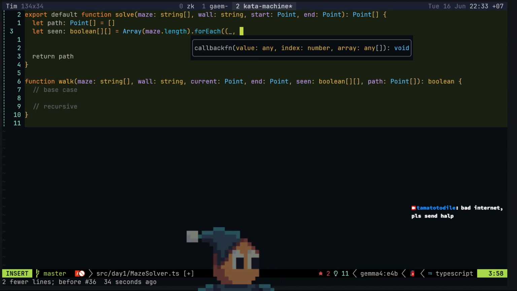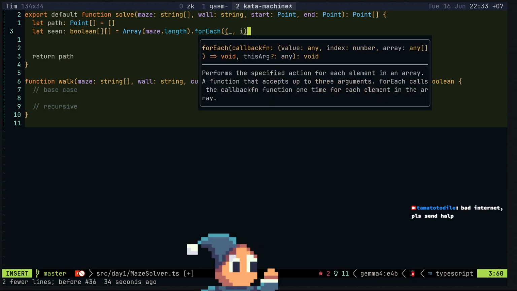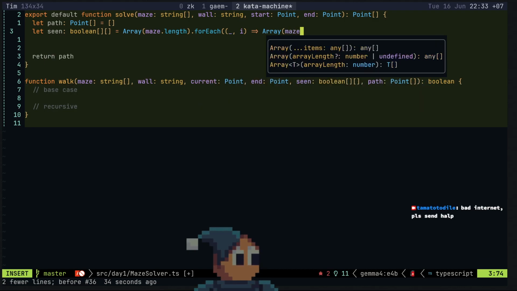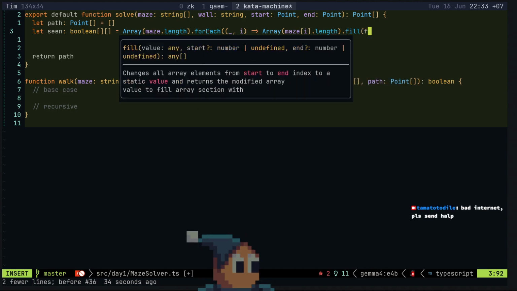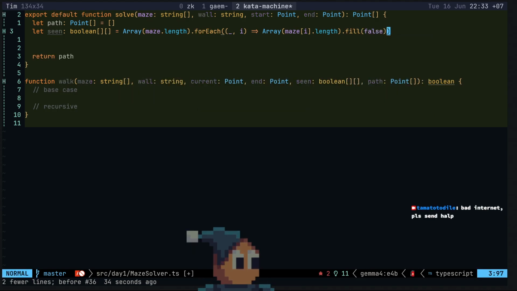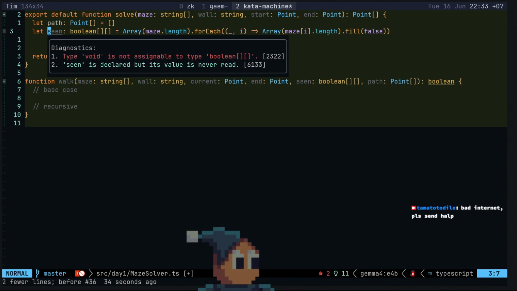Don't need the value, we just need the index, I think. Pretty much, I think.